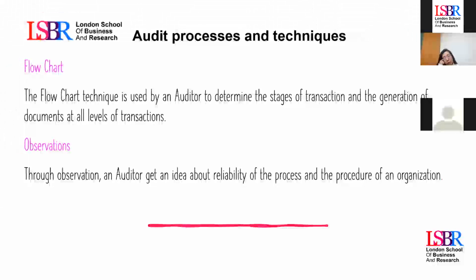An observation is when the auditor goes with the employees of the company and asks them to explain what a procedure is. Normally we use observation when we are reviewing controls. Who is the person that does this thing? What is the person that used to do this other thing? And what are the key positions that make the process continue?